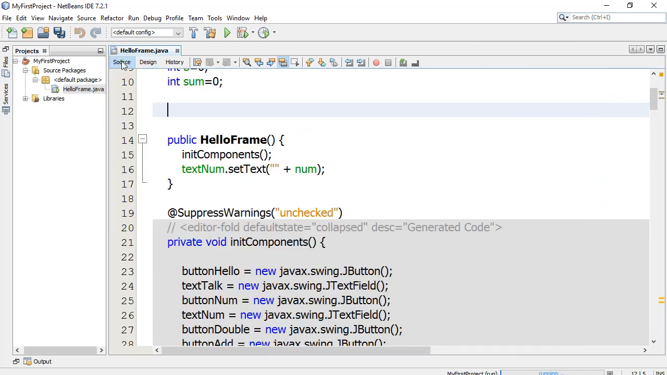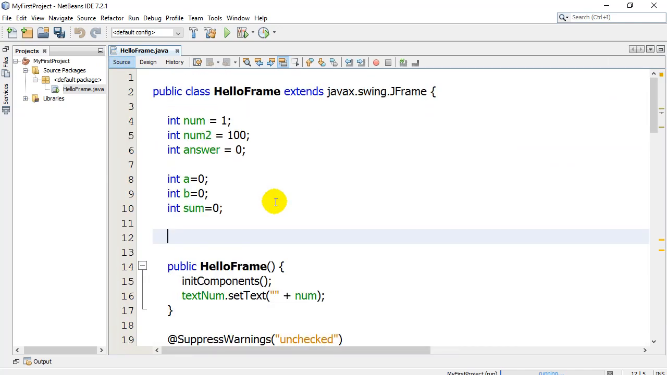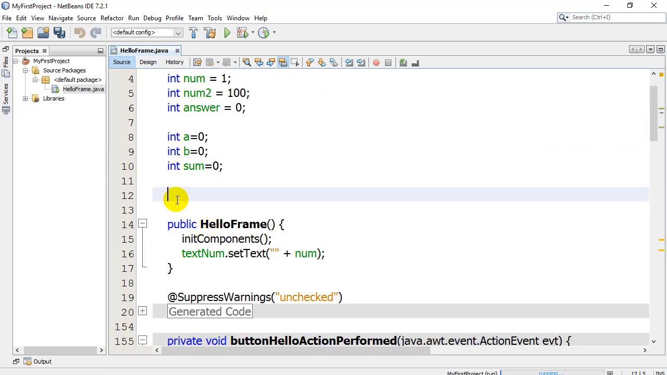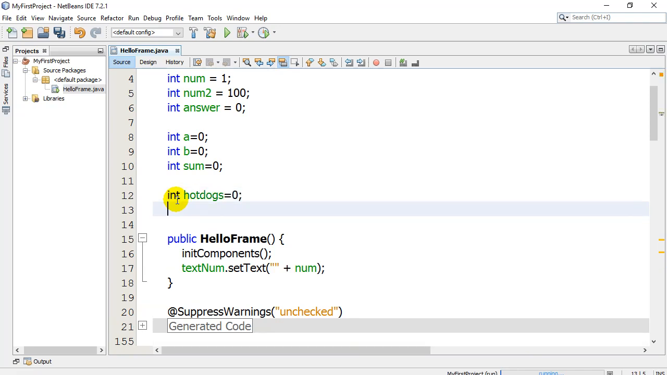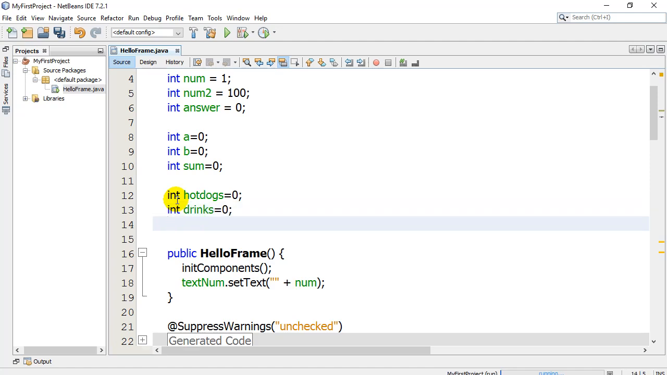First, let's go to the source and make some variables that are going to be useful for this little task. One thing I'm going to need is an integer, and an integer is going to be how many hot dogs they want to buy. I'm just going to set that at 0 for now. I'm also going to want to know how many drinks they want to purchase, so I'm going to set that at 0. Now, one variable I know I'm going to be calculating is going to end up being the total cost of